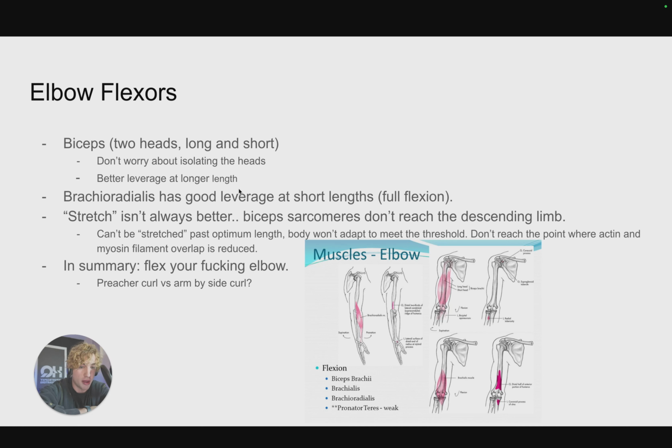That bicep is going to cramp. It's not going to be able to produce a lot of force there. So that's why people are saying that the preacher curl is vaulted, quote unquote. No. Okay, most preacher curls, they're not even going to be in high degrees of flexion anyway. Don't worry about it. Not a big deal. But I think that kind of covers everything I want to talk about the elbow flexor